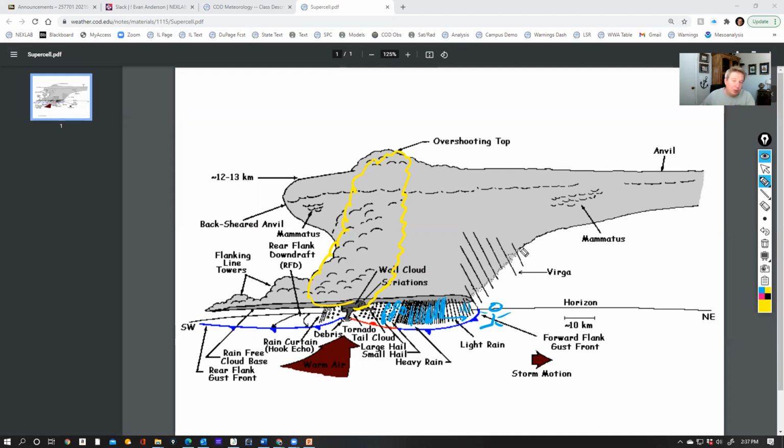But we're going to see when we get to the supercell section, the PowerPoints, that there is a gap called the visual vault between the updraft and maybe the heaviest rain that you see. There could be some stuff in here that's got hail, and hail doesn't show up visually very well, bright on radar, but not visually. In any event, all the big hail, damaging winds, tornado is all found near the updraft,